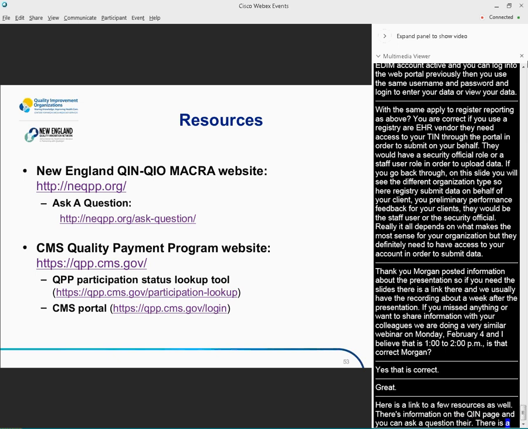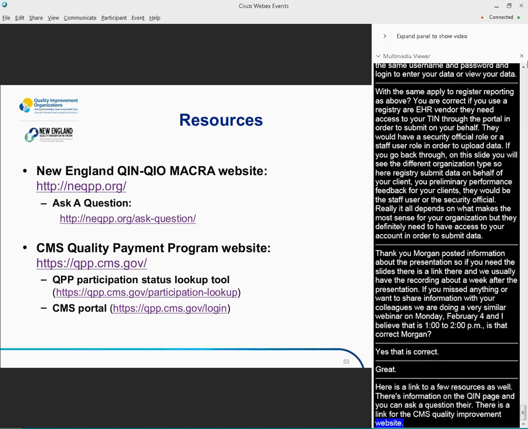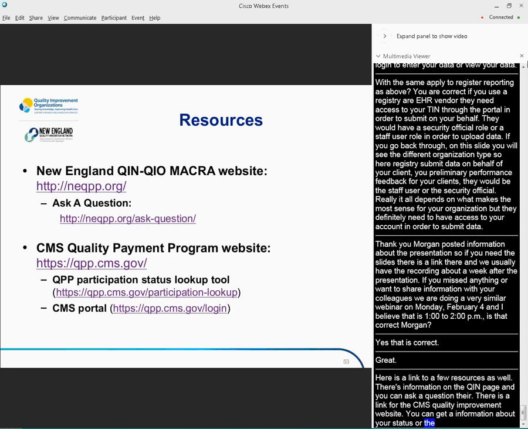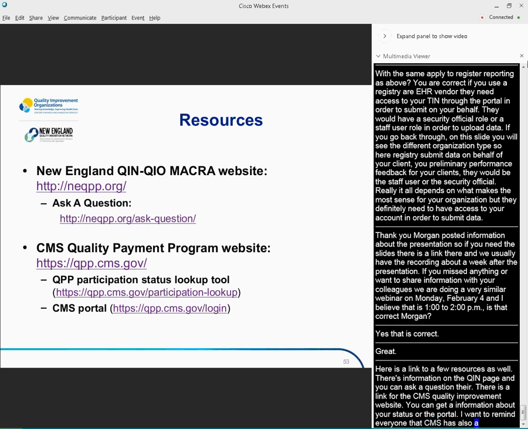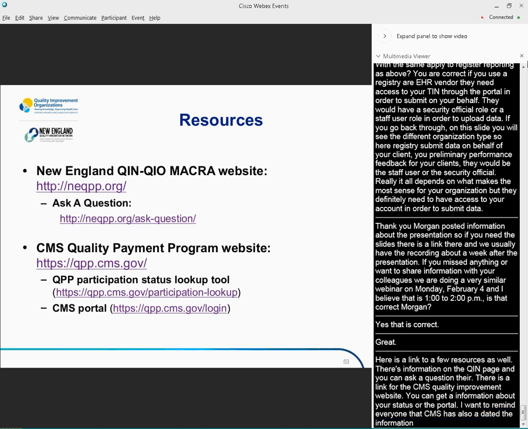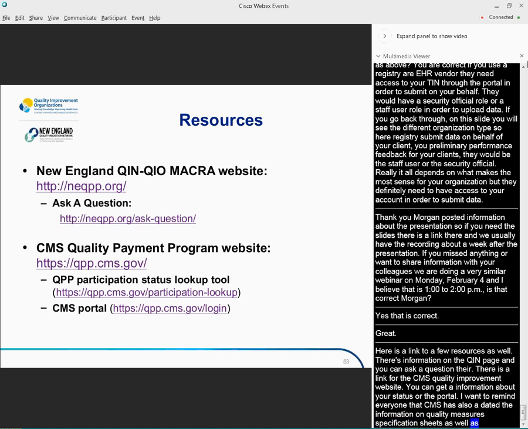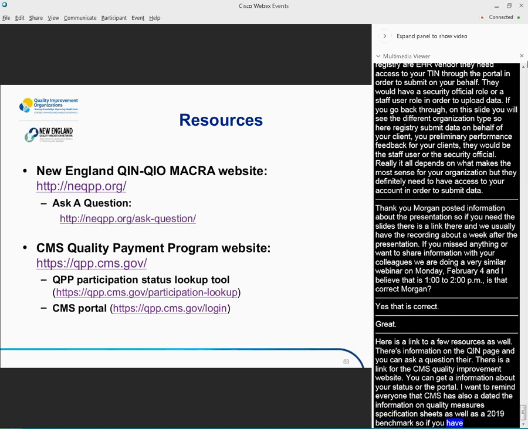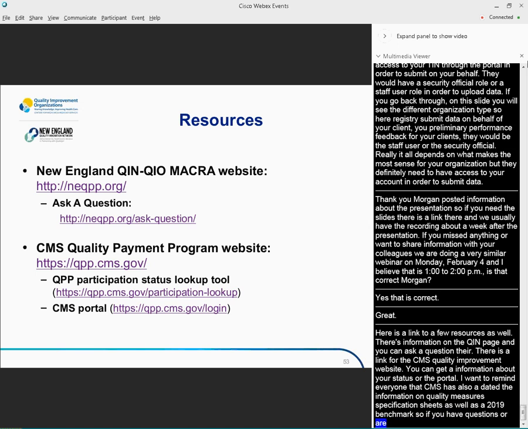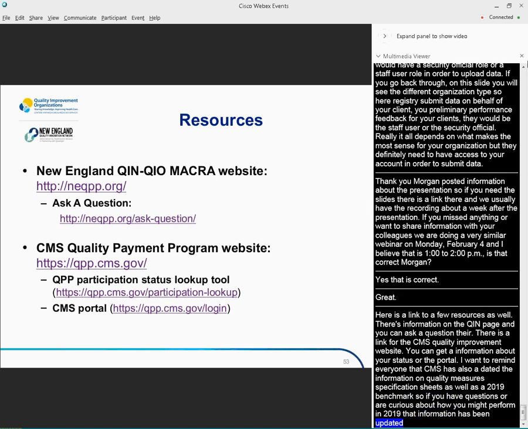I also wanted to remind everyone that CMS has also updated the information on quality measure specification sheets, as well as the 2019 benchmarks. So if you have any questions or are curious about how you might perform in 2019, that information has all been updated on the CMS QPP website. You can go in and identify all those various resources based on the measures or activities you plan to report on.